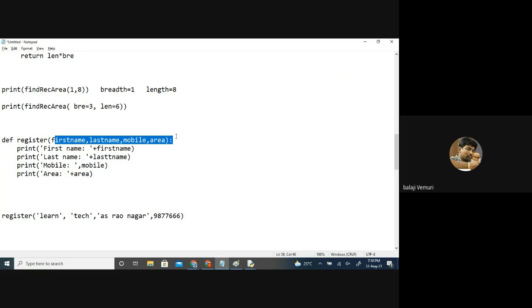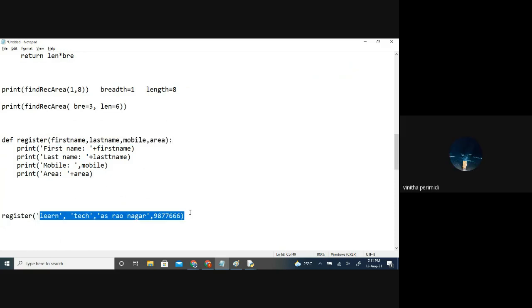Same words, India area. It was jumbled manually, but all four are passed. We won't get an error, ma'am, it will be printed, but it will not give the expected result. It will just mismatch and give the wrong kind of answer. For mobile, it will print area. For area, it will print mobile. So it will look something wrong.